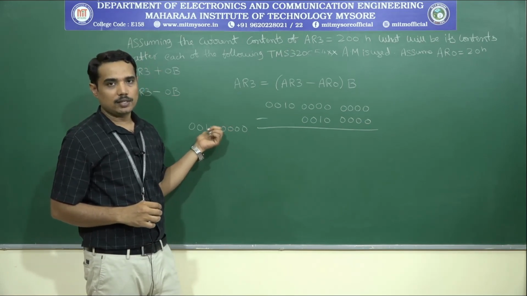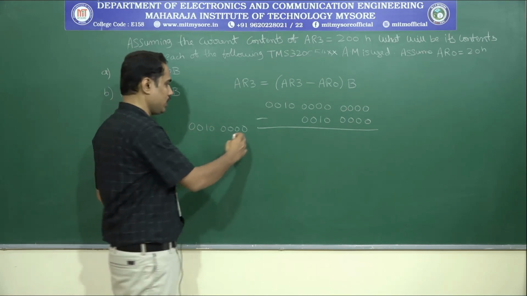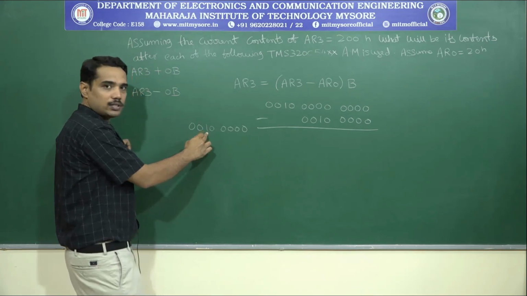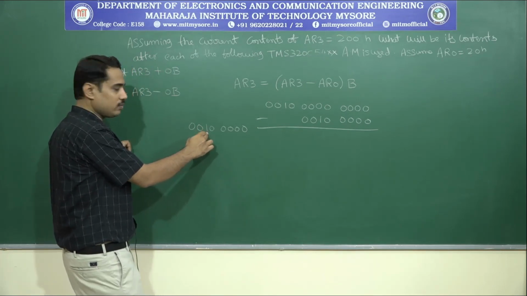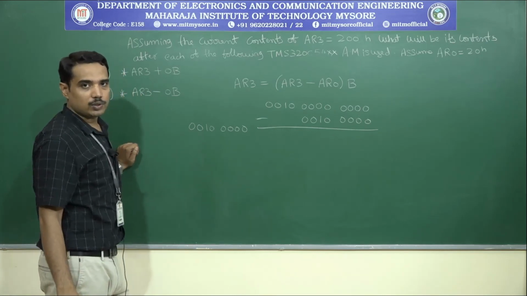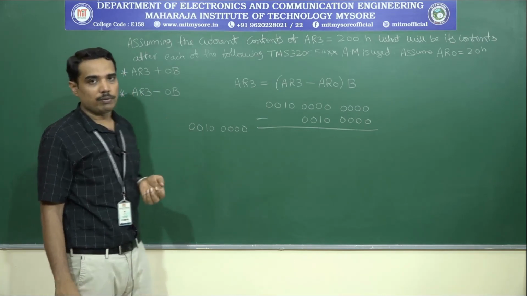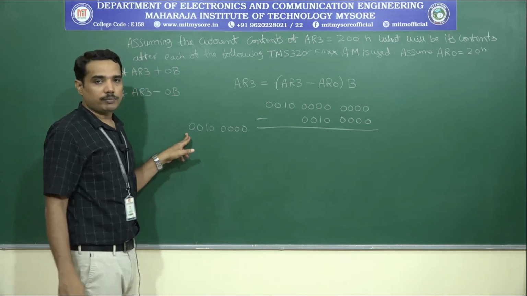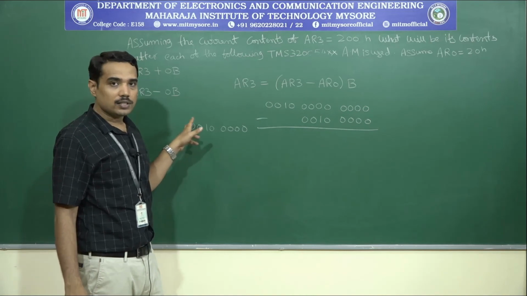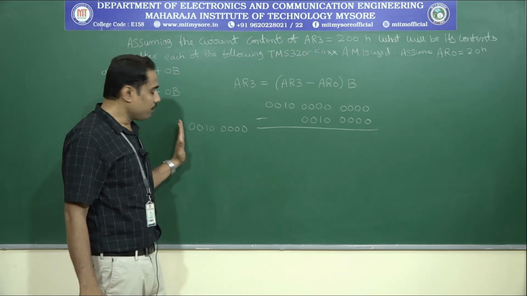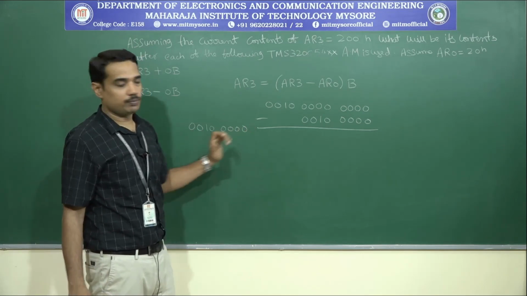That means we have to start from the LSB. We have to write as it is till 1 comes. After 1 comes, we have to just invert the rest of the bits. If we do so, we are going to get the 2's complement in a single step. But here, since we are following the reverse carry propagation, we are supposed to take the 2's complement from MSB instead of LSB.